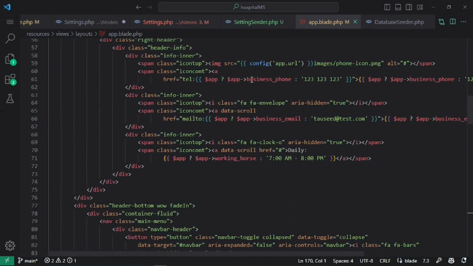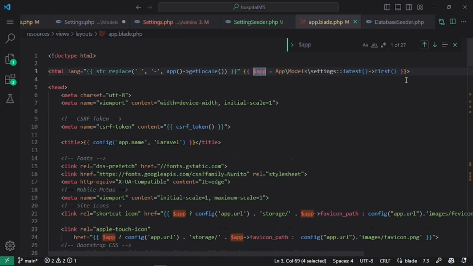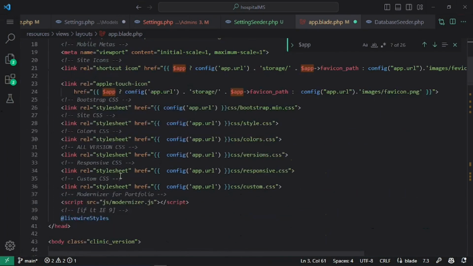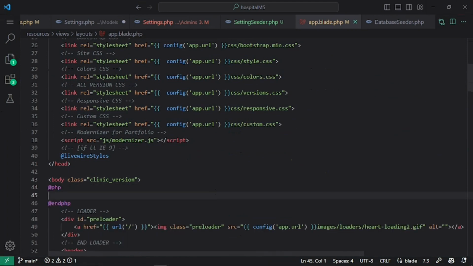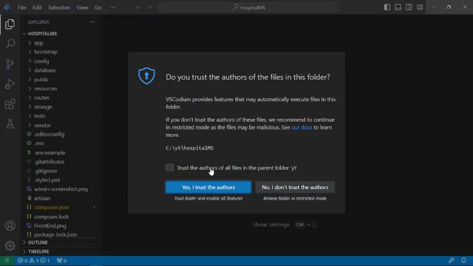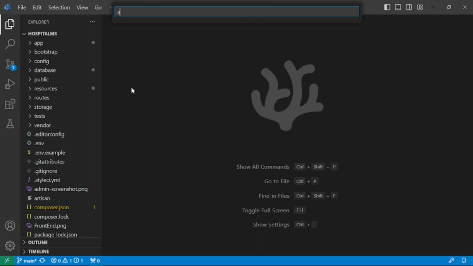Okay, business spoon. Okay, we have this variable. Where is this initialized? Okay, here we have it. Getting the first one from there and storing it like this. So maybe we can do something like putting it here, or we can use PHP. Let me open up this lightweight VS Code editor. Okay, so I have opened this in the lightweight VS Code editor. So let's go to app.blade.php,